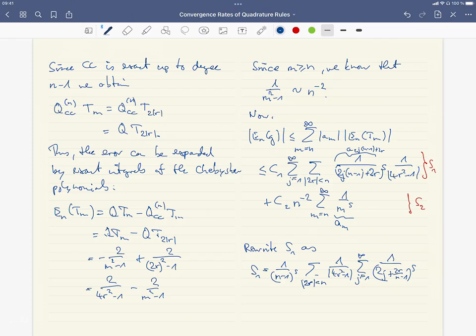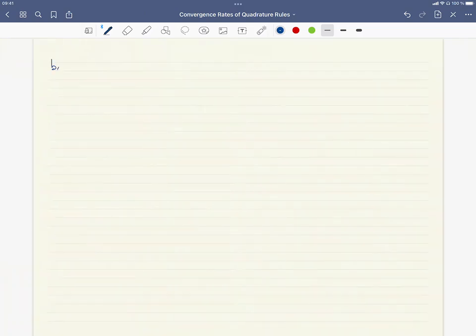Because this one here, sum r from minus infinity to infinity, 1 over 4r squared minus 1 is equal to 2. Both sums are finite. Which is a good thing,